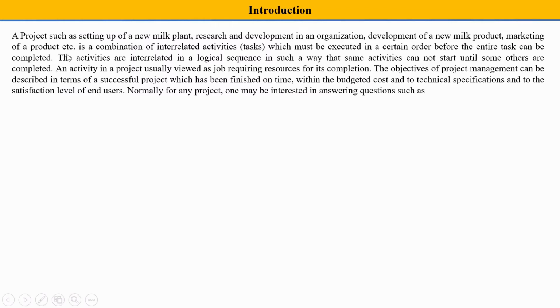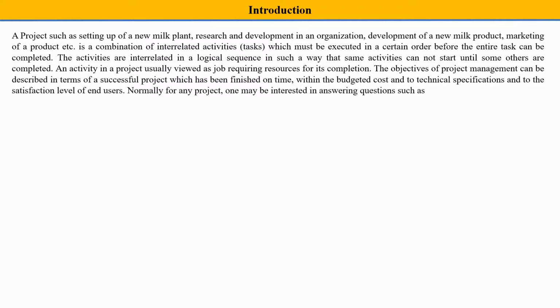For example, in the assembly of a car or any manufacturing company, this kind of interrelated activities is done. For example, in a steel plant, the raw material is heated, then forging is done.